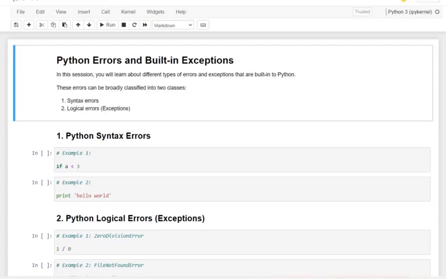Python errors and built-in exceptions. There are different types of errors and exceptions that are built into Python. They are raised whenever the Python interpreter encounters errors. We can make certain mistakes while writing a program that lead to errors when we try to run it. A Python program terminates as soon as it encounters an unhandled error, and these errors can be